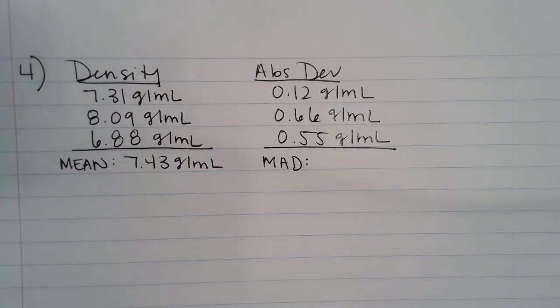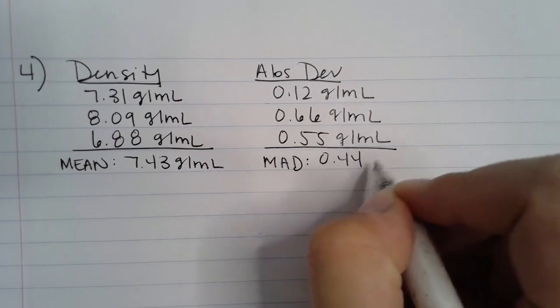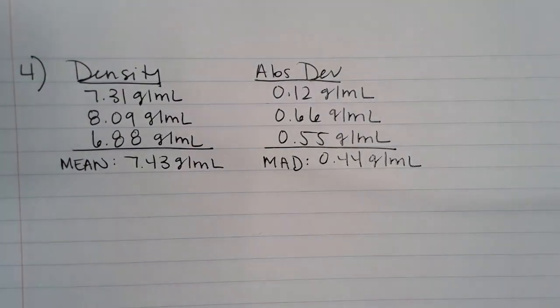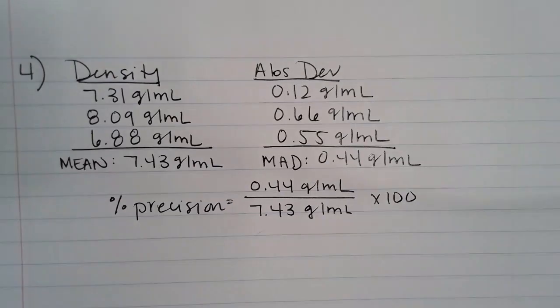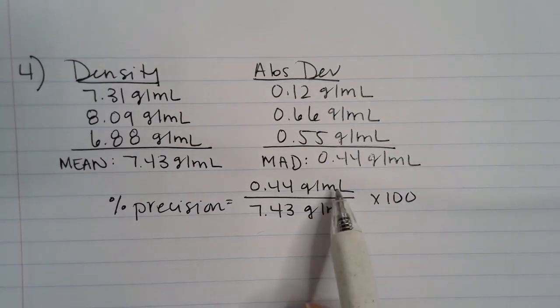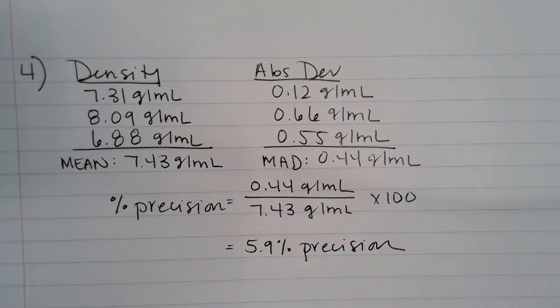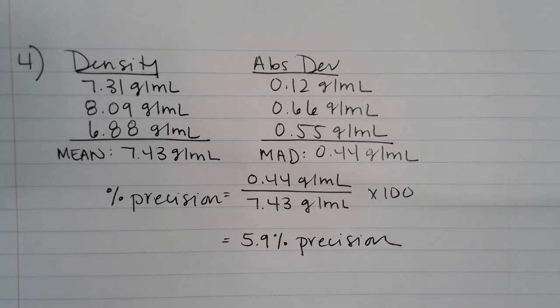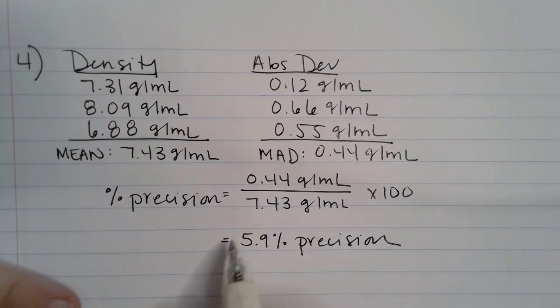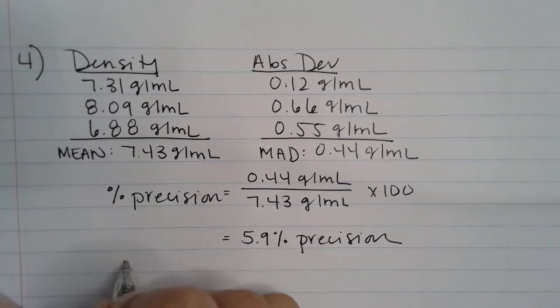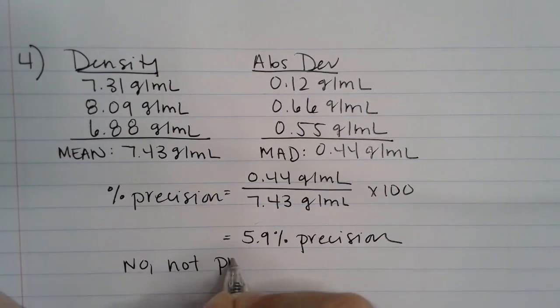Find the mean of all 3 of the absolute deviations. So the MAD, or the mean absolute deviation, is 0.44. Set up my equation. So the percent precision is equal to the MAD divided by the mean times 100. And I get 5.9% precision. Question's not asking for a percent precision, it's asking for an explanation. Are these students precise? We're above 5% here. So we would say no, not precise,